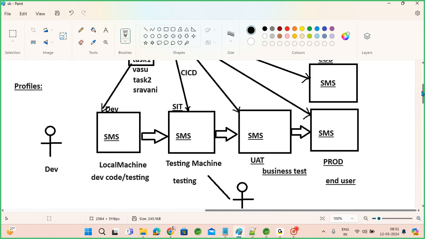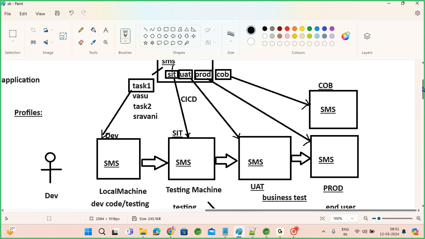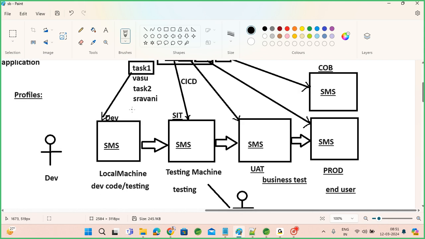Now coming to coding, you have imagined that your code needs to work in your local and you developed it. Now the same code, if I move it to the testing environment or UAT environment, prod or COB, will that execute as you expected? We don't know whether it will execute or not. The reasons are,